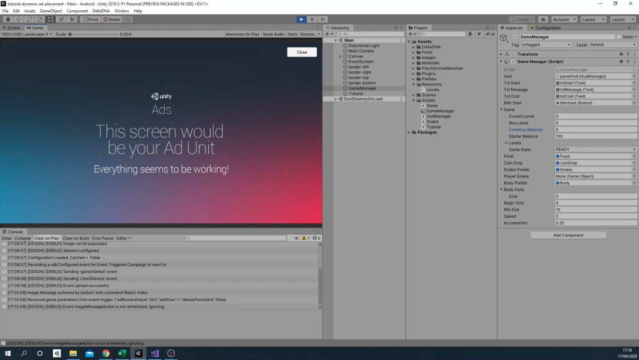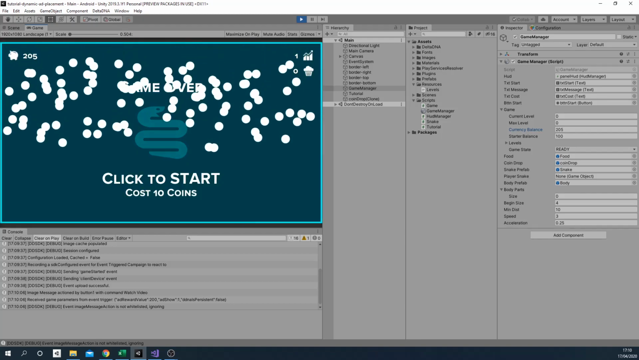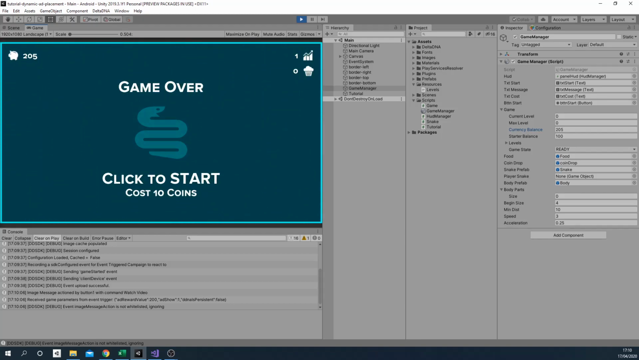It's showing me the video now, and there's my ad reward value for 200 coins, ad show 1, close the ad, and there's my coins getting gifted to me. I had obviously fallen into the established player segment. If I had been a new player, it would have shown me a different pop-up and whisked me off to the Play Store to try and buy some currency. So that's how you can use event trigger campaigns to trigger game parameters to show ads at specific points